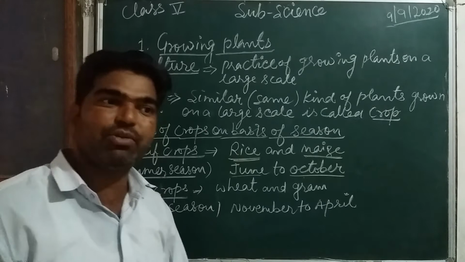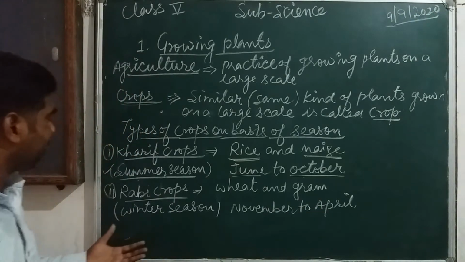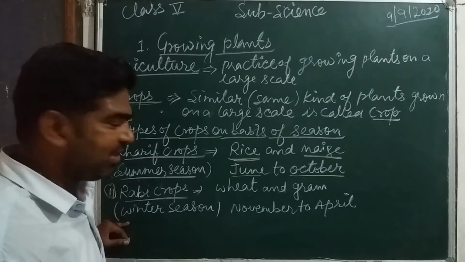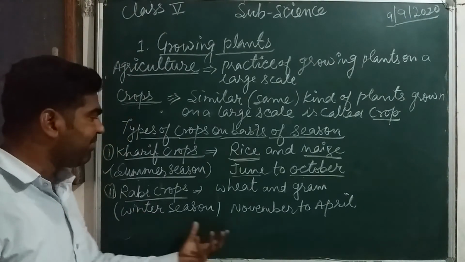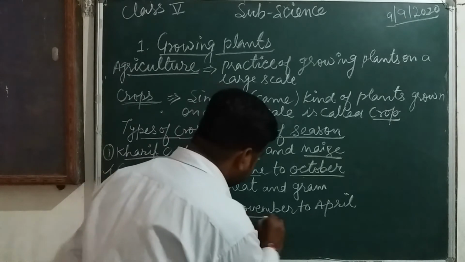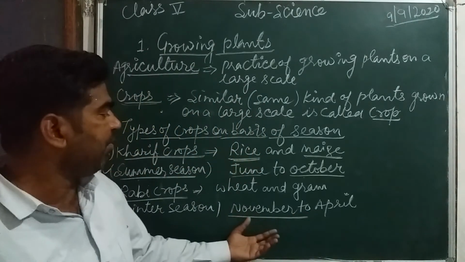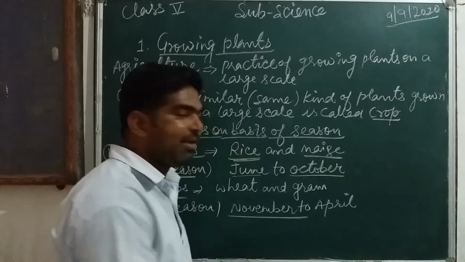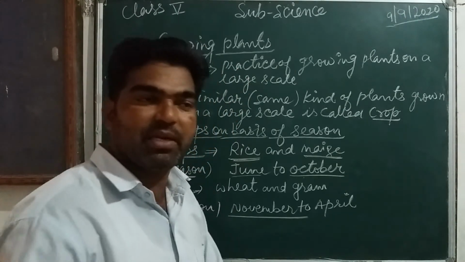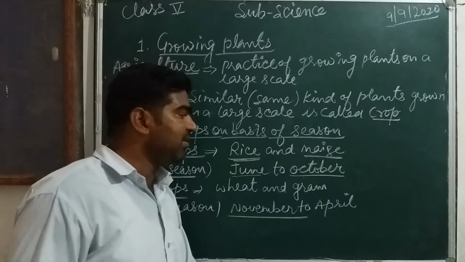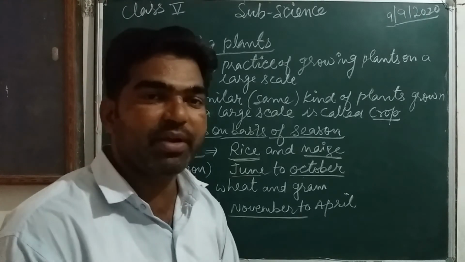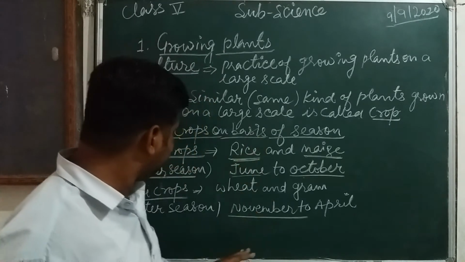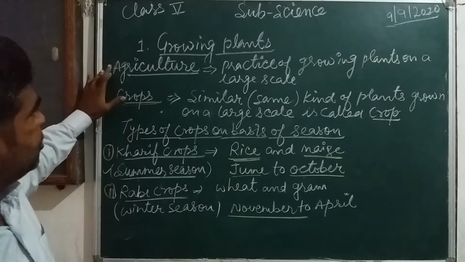मटर है, these all are examples of rabi crops. So the season for the rabi crop is winter, means सर्दी की सीजन के अंदर, and it should be planted in the month of November and it should be harvested at the end of April, यानी कि नवंबर महीने में इसकी बुआई होती है, वो फसल बोना स्टार्ट करते हैं और अप्रैल तक वो पक के तैयार हो जाती है और हम उसके फिर कटिंग की तैयारी करते हैं।